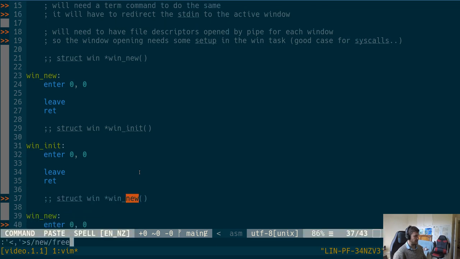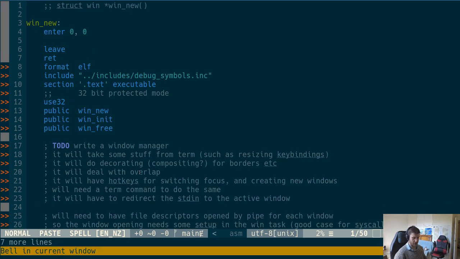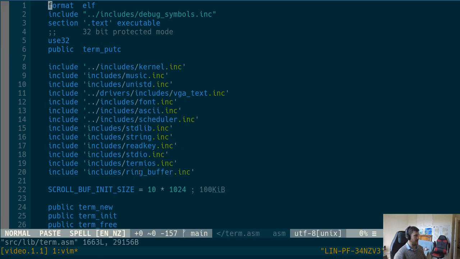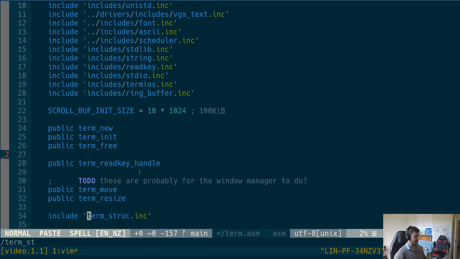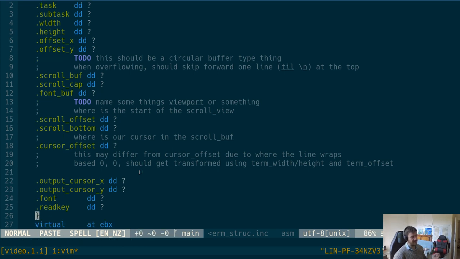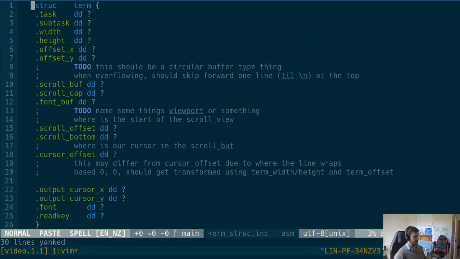New to free. So this is kind of what we want to do. We'll also need to have some kind of structure. Goodness, I pushed a thing and did something. So if we look at, say, term, it has a term struct. Yeah, so it kind of includes this, and we look at term struct. It's basically got a structure for everything in the terminal that we've run, and some stuff to kind of deal with it. What I think I want to do is actually